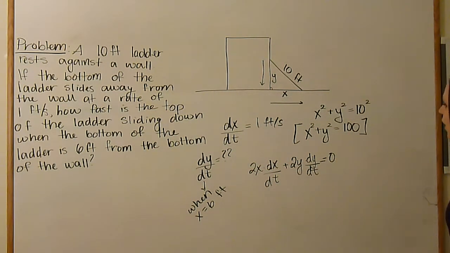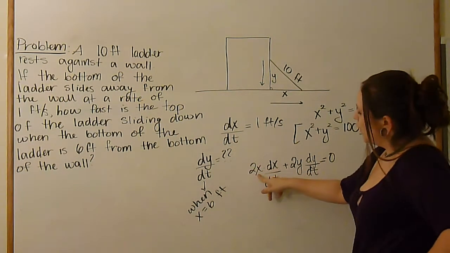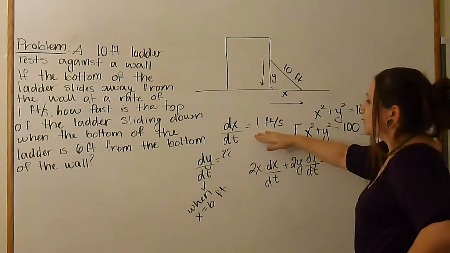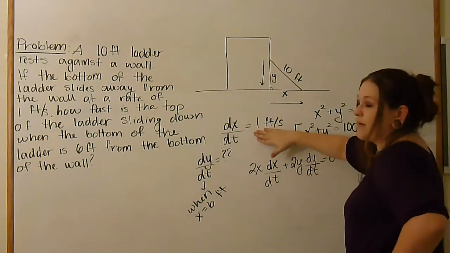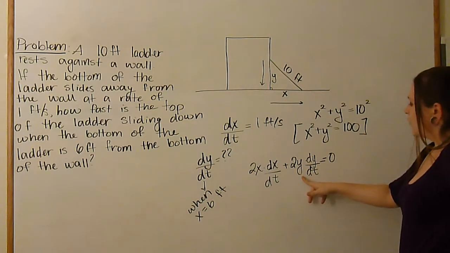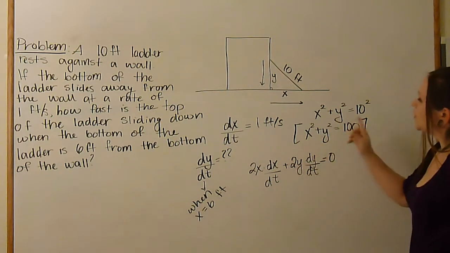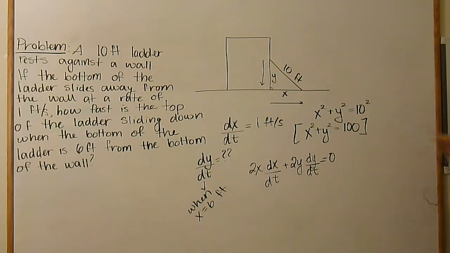Okay, so if we look here, we will know that x is going to be 6. dx dt is something they gave us. dx dt was given. Y, we don't know y, but when x is 6, we know that we could find y because we have an equation that relates x and y. So, if x is 6, then we have